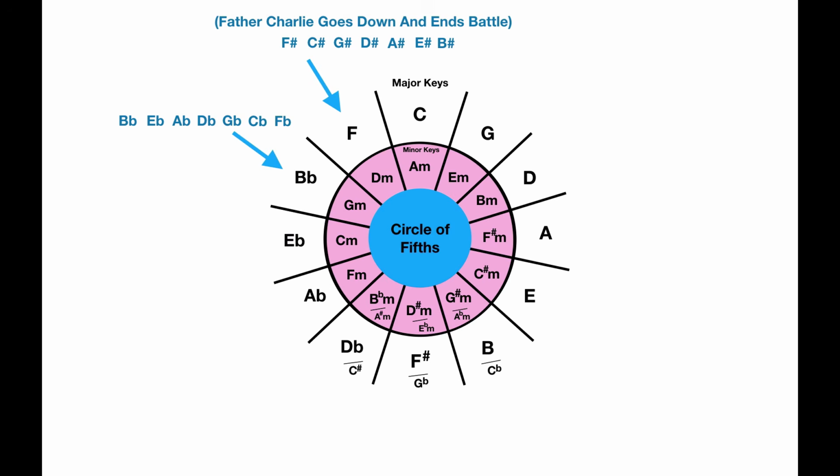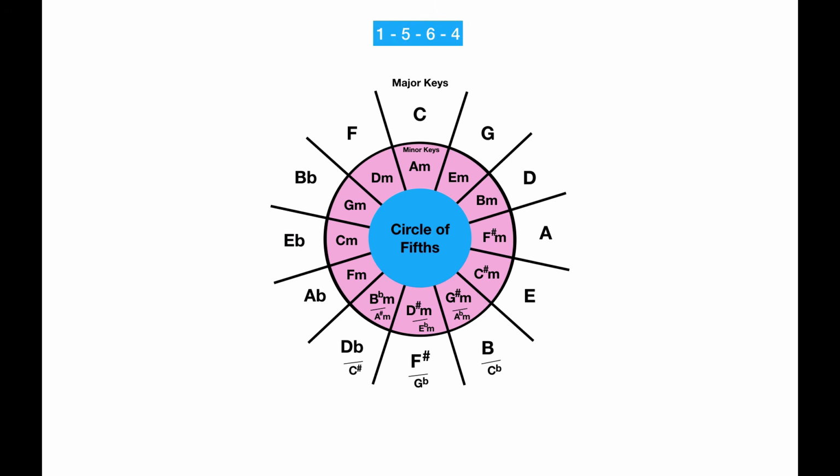So next, there's another way that this circle can really help us when playing music, and what so many hundreds of musicians use it for is to help them write chord progressions. And we touched on this last week. If you remember, we looked at the 1, 5, 6, 4 chord progression, and this is the chord progression I taught you at the very start. In C major, it's the 1 chord C, the 5 chord G, the 6 chord A minor and the 4